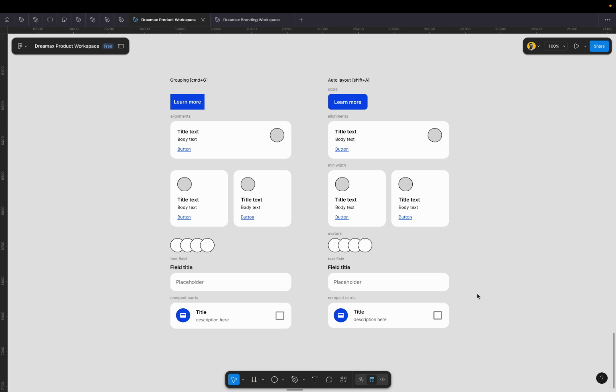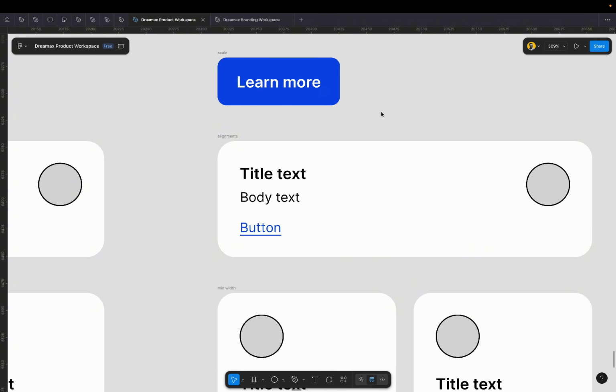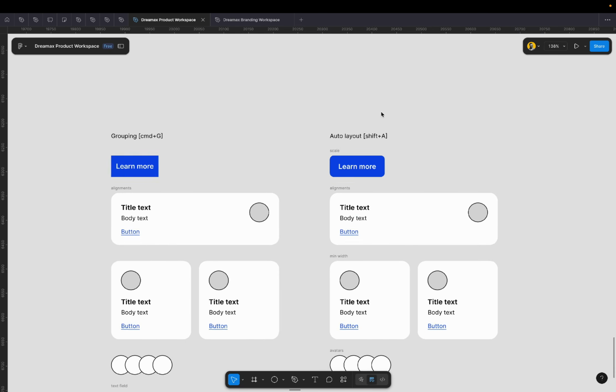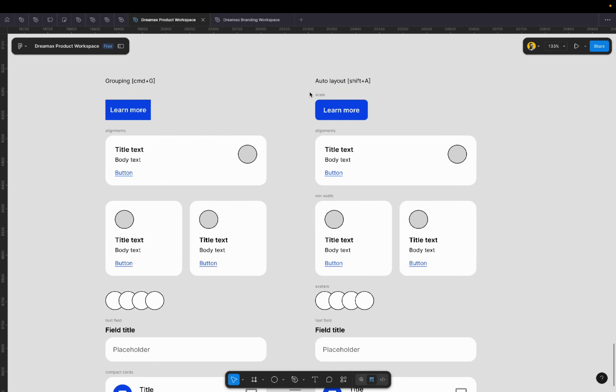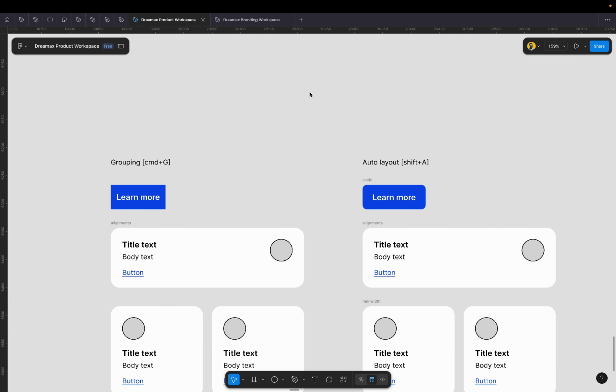So I've created some layers of points I would like to show to you guys. We're going to start from scale. Now, in scaling, I'm going to show you two examples. I've already created these different components, or let's say cards, because they haven't been turned into an actual reusable component. So I've created these different elements, and I want to show you how I would create them using these two